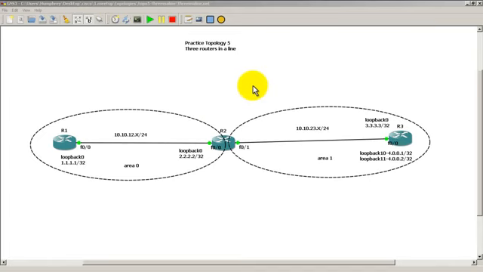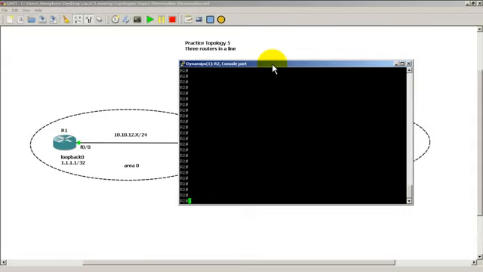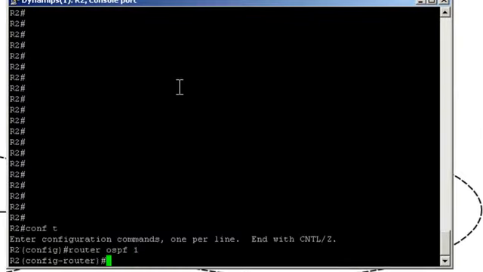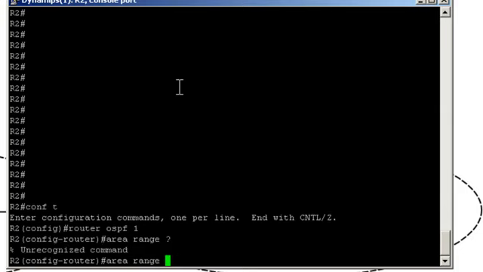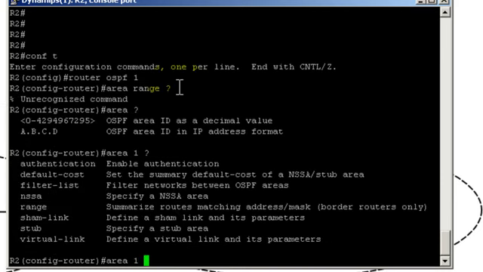We're going to go to router 2, and go into conf t, router ospf 1, area 1 range. So this is the area where your links are, where they're starting at. Area 1 range,